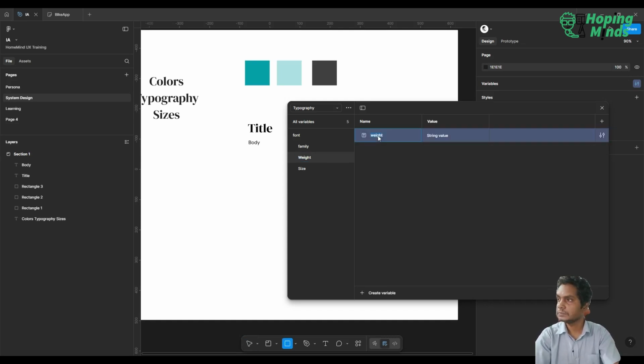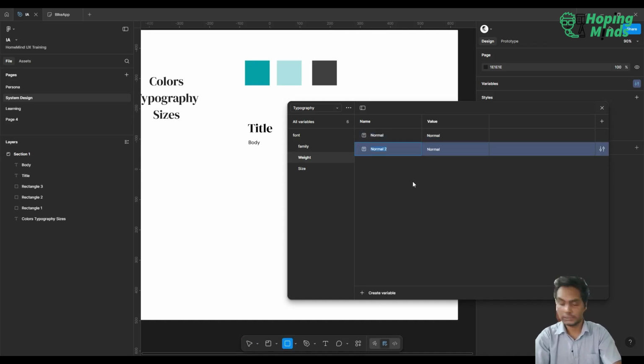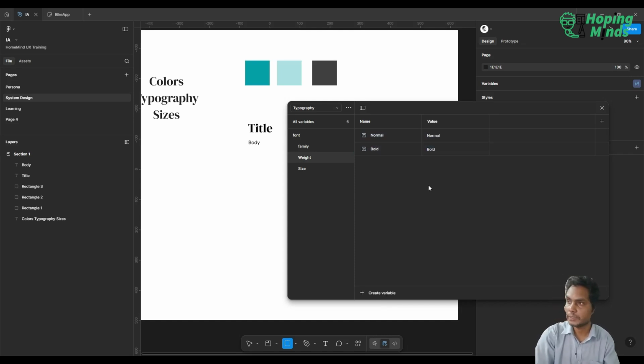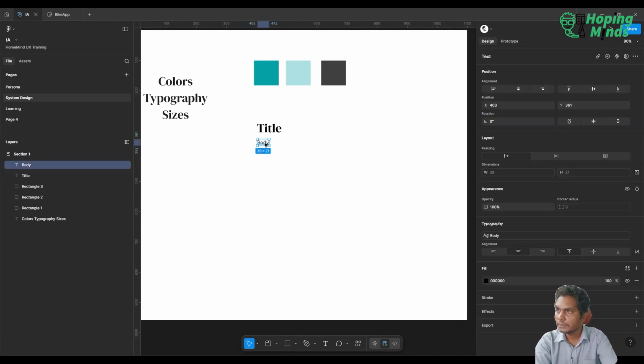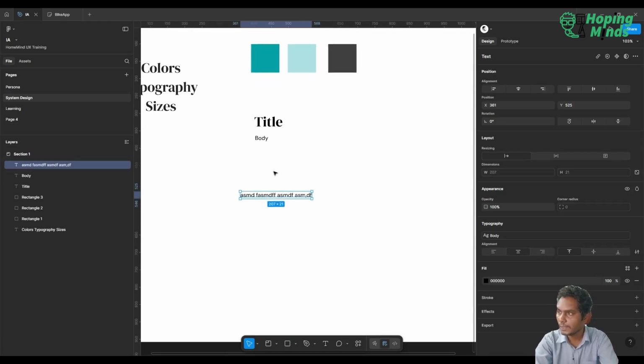Normal. I can keep it normal, the value as well, and we can also shift enter and create bold, and we can also keep bold as well. Bold will take the bold option. So we definitely don't have to use it right now, but let's see. Let's say you're typing something in body font, and you want to apply the variable as bold,